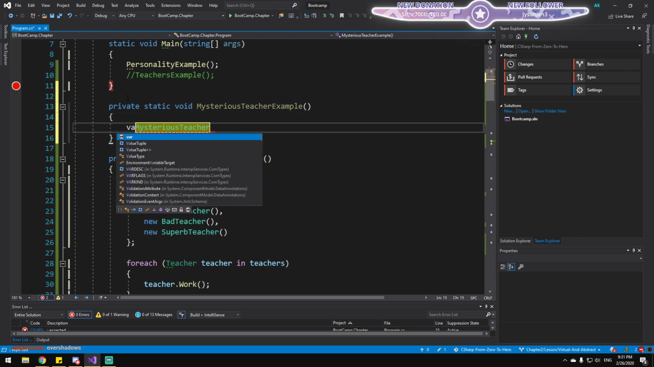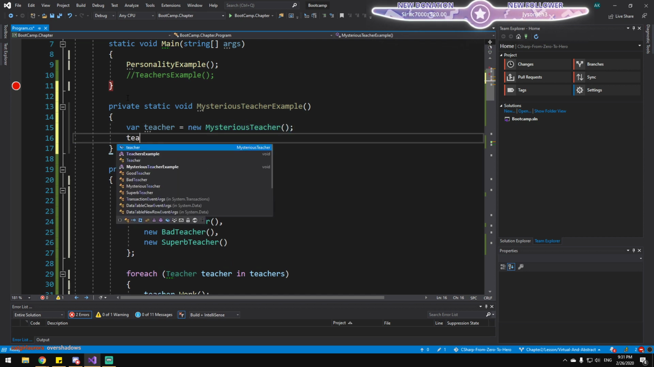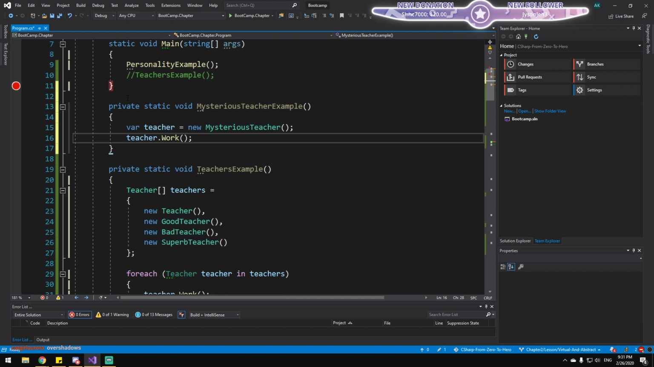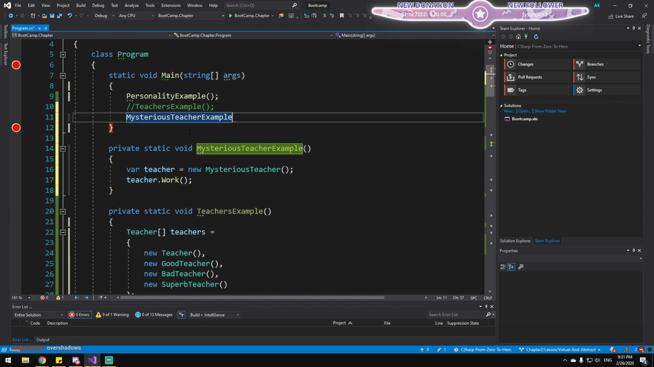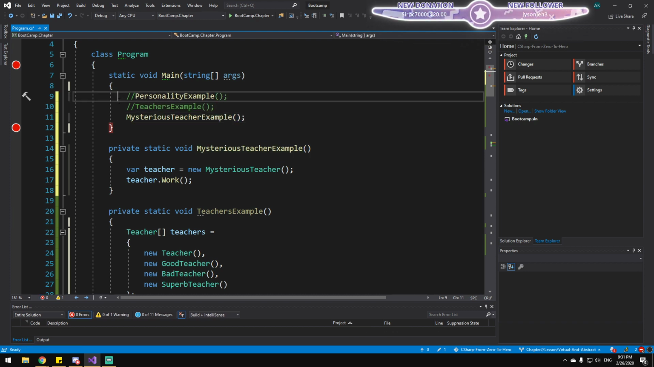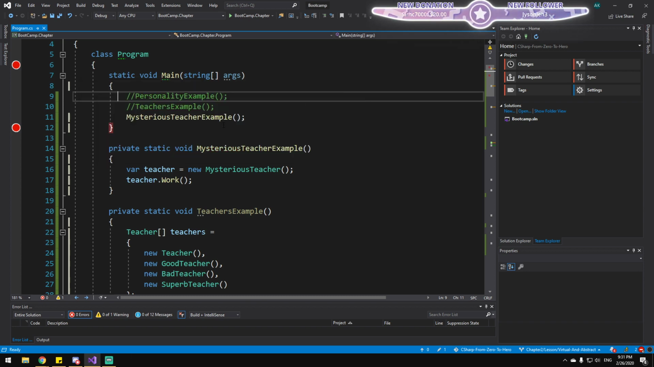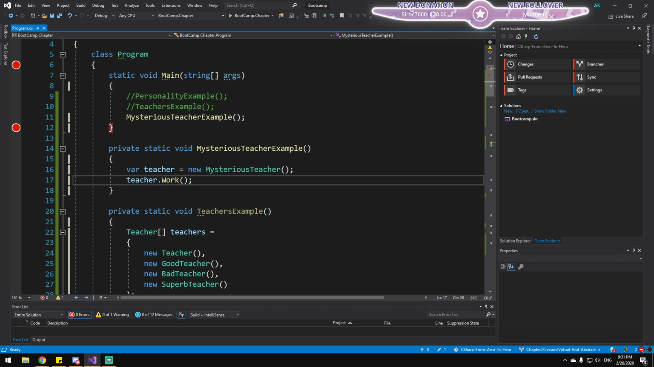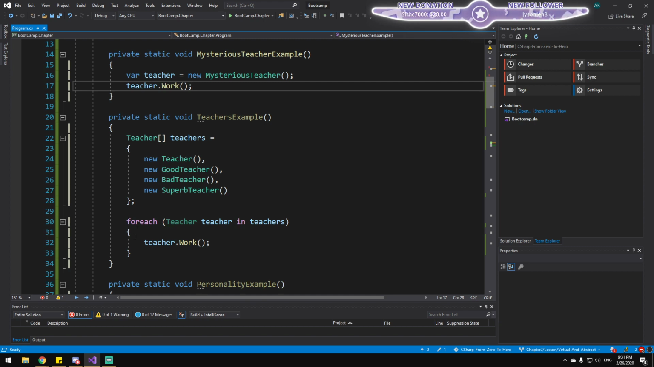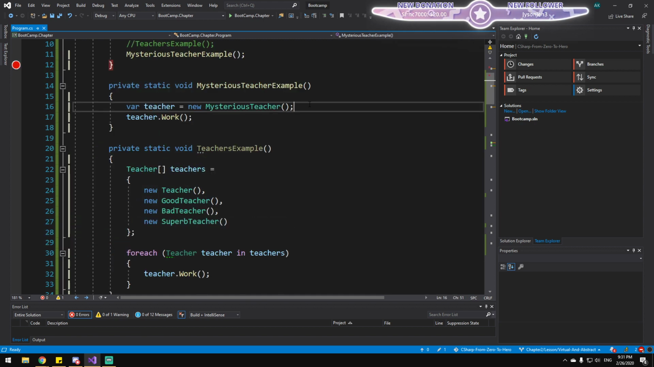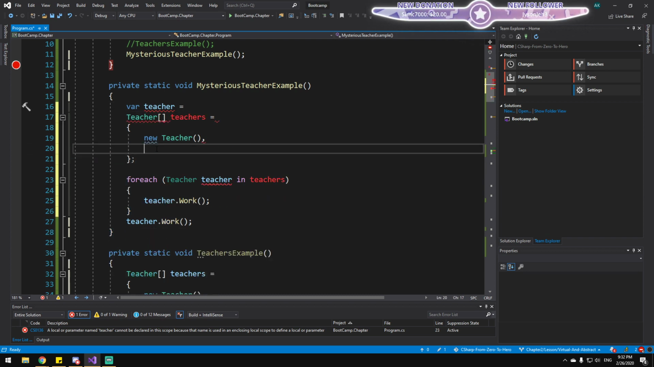So we create a mysterious teacher. We say that it works. And when we run this demo, we'll see that it does what we expect it to do, which is mysteriously teaching. However, if we create side by side other teachers and do work with them, or specifically all I care about is this teacher and this teacher,